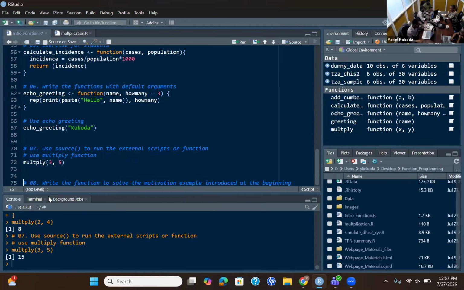So here it works because you already ran the script containing the function, and the function is in the global environment. Now remove the same function from the environment. Remove multiply from the environment.